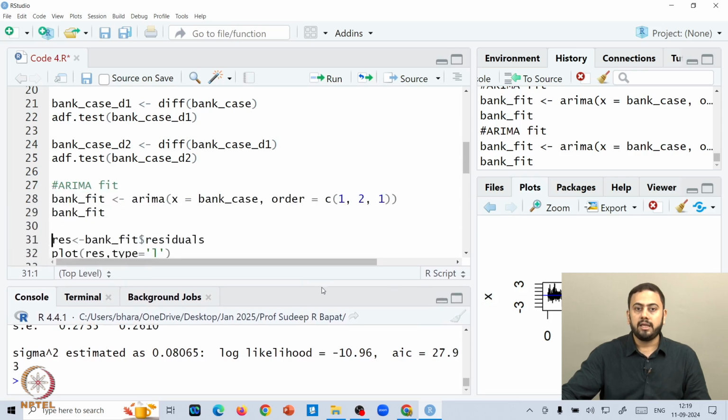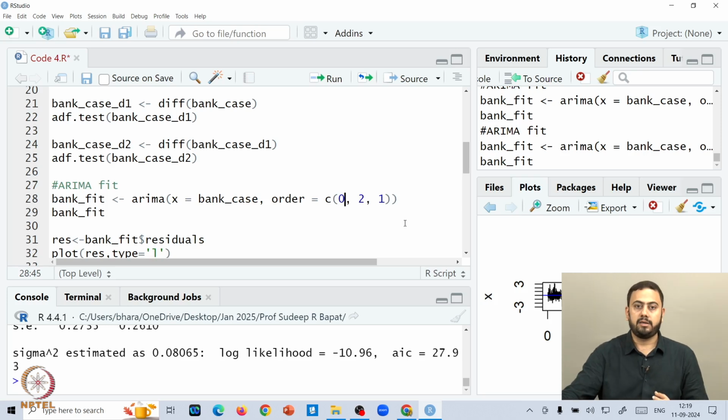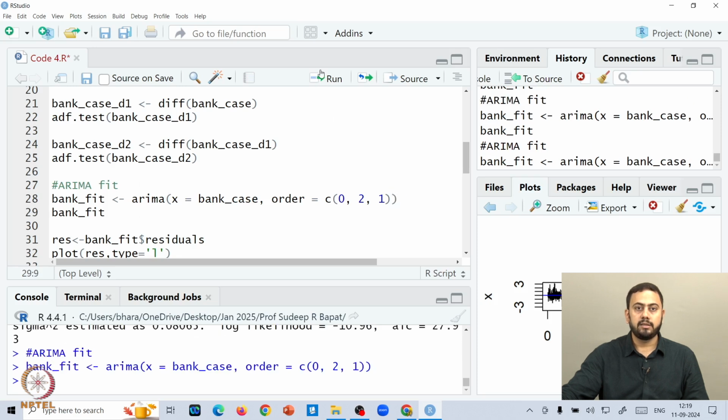And hence you may try this out and play around with the orders if you want. Play around means change the AR order and MA order very slightly and then see what AIC you are getting. Okay. So it so turns out that for this particular triplet, 0, 2, 1, the AIC is in fact the least. So hence we will go forward with this ARIMA structure, 0, 2, 1. Let me refit this again. Okay. And then this is the fit.